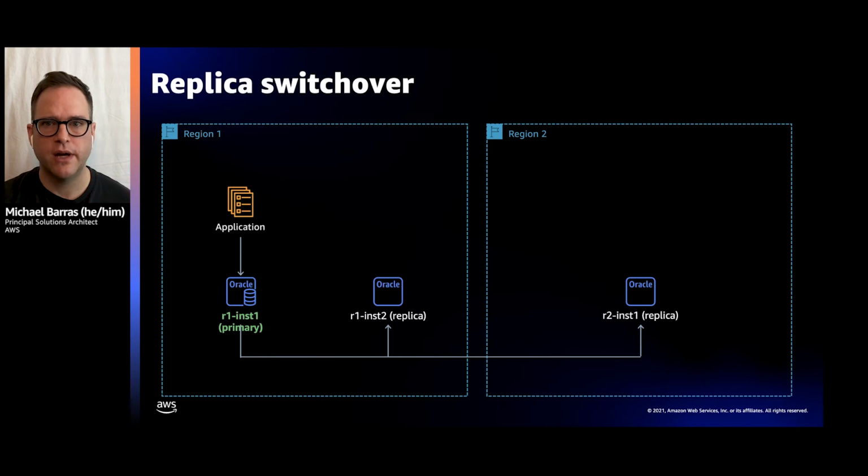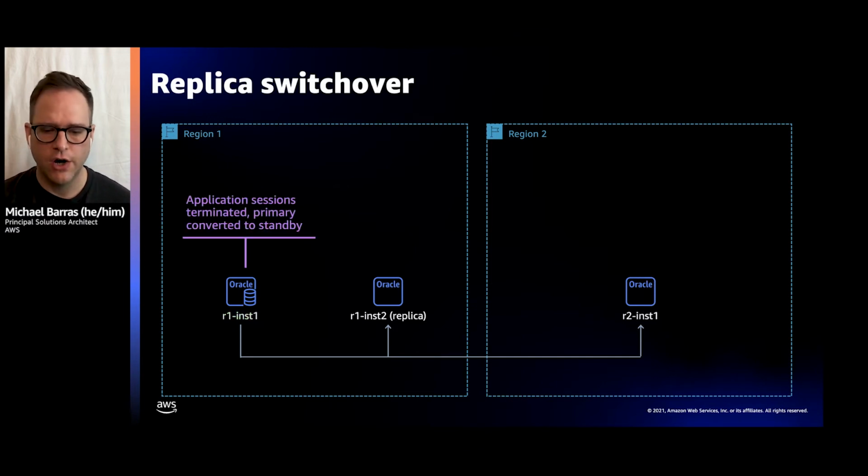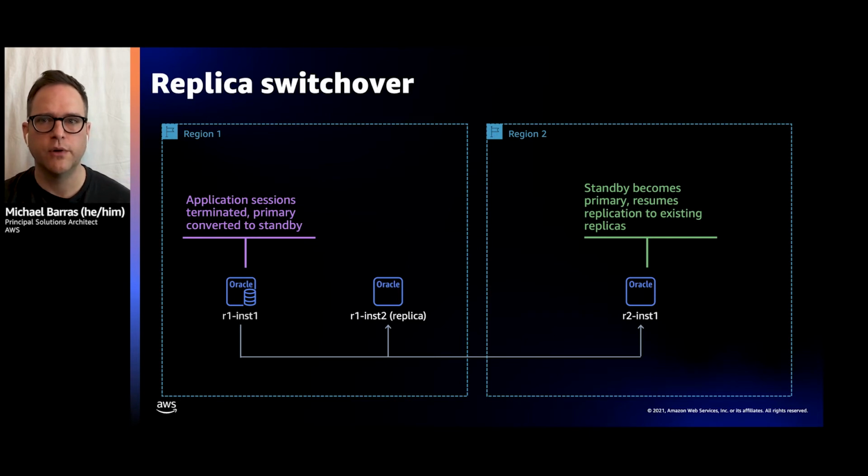And so to streamline that process, we'll be launching Replica Switchover shortly after re:Invent. With Switchover, we'll now support the standard DataGuard switchover role transition. When you perform a switchover using the new RDS Switchover Read Replica API, RDS disconnects sessions from your primary instance and converts it from a primary database to a physical standby database. Your replica is converted to a primary and is open for read-write access.